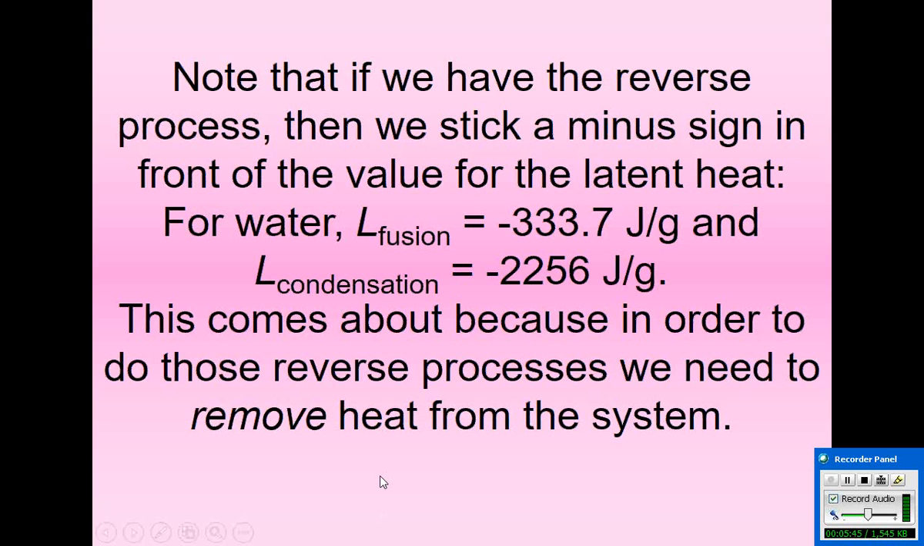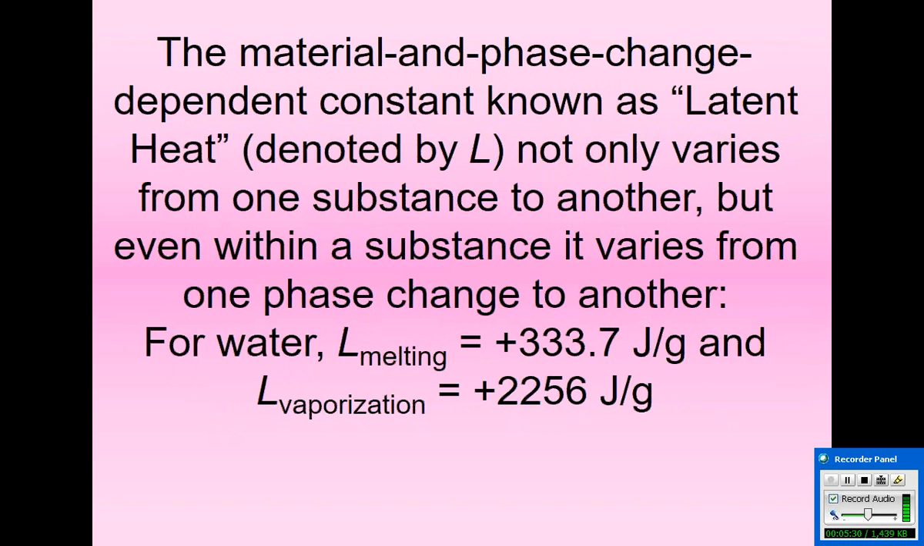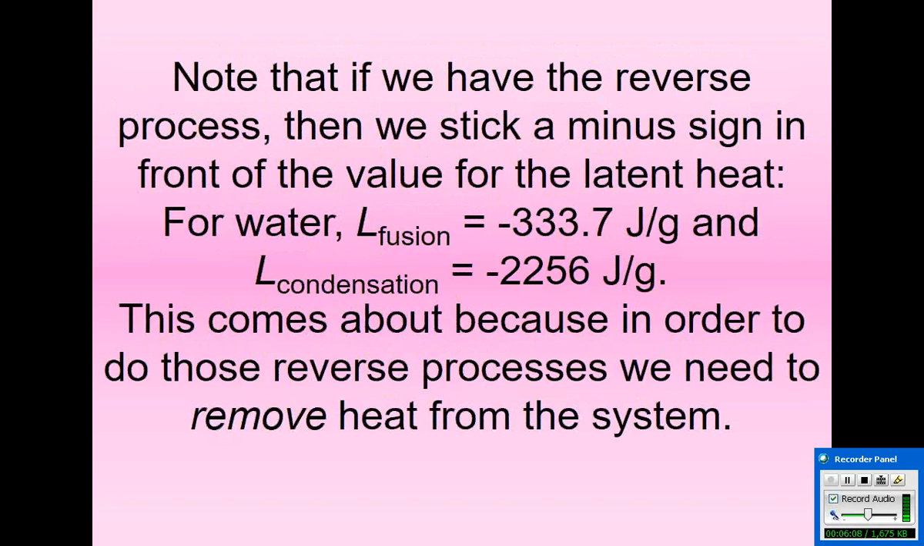If we are talking about the reverse processes, the number is the same, but we stick a minus sign in front of it. If I have 1 gram of water at 0 degrees Celsius and I want to turn it into 1 gram of ice at 0 degrees Celsius, I have to remove 333.7 joules. So I would say that the latent heat of fusion, or freezing, is negative 333.7 joules per gram. And if I have 1 gram of steam and I want to condense it into 1 gram